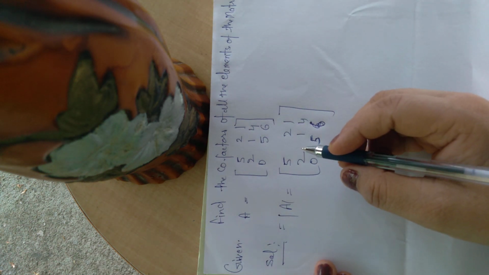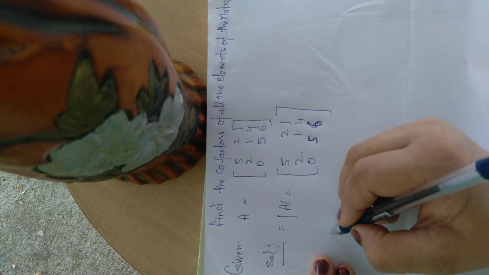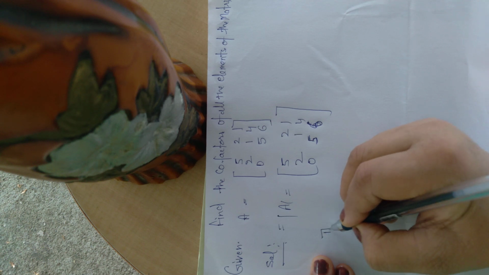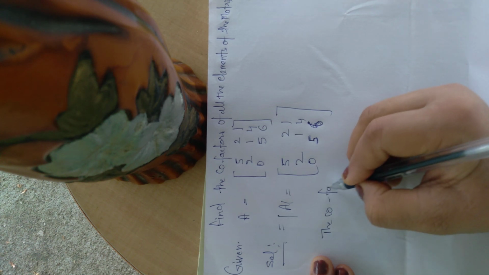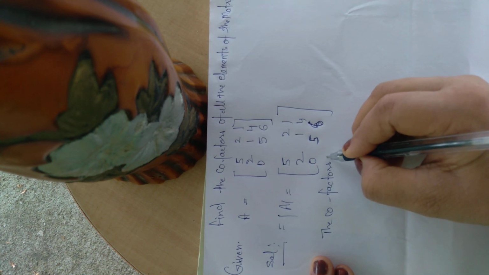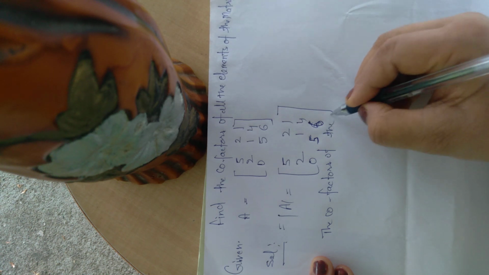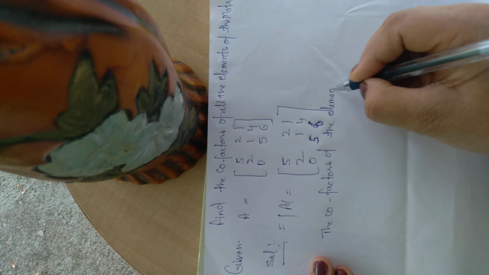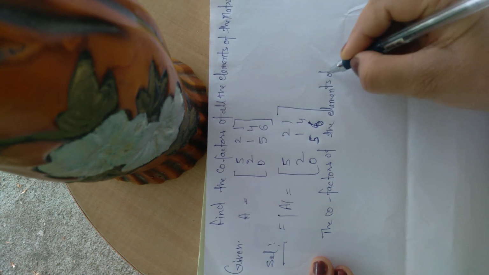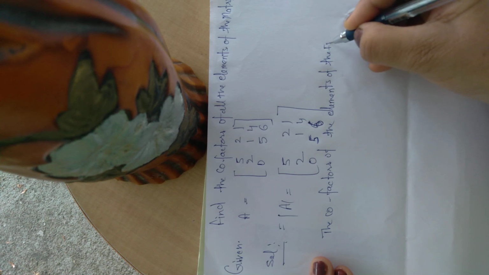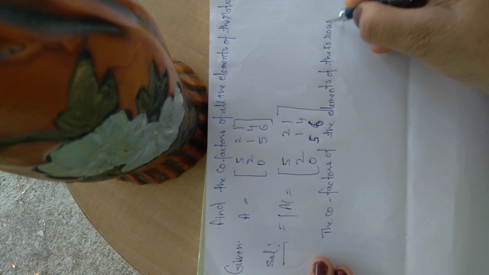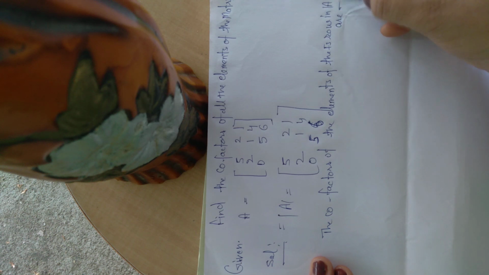Now, the cofactors of the elements of the first row in A are